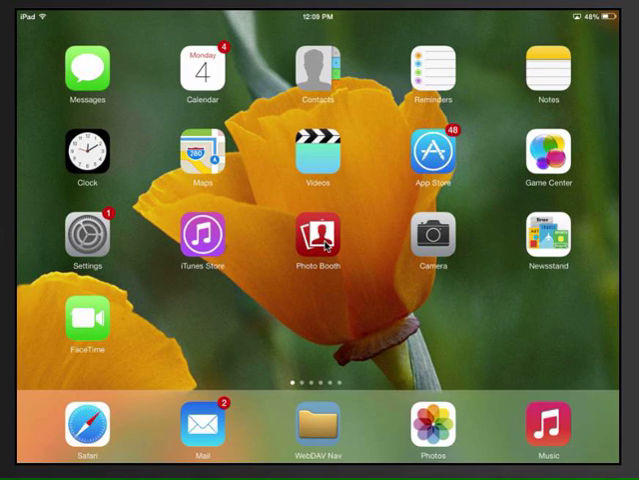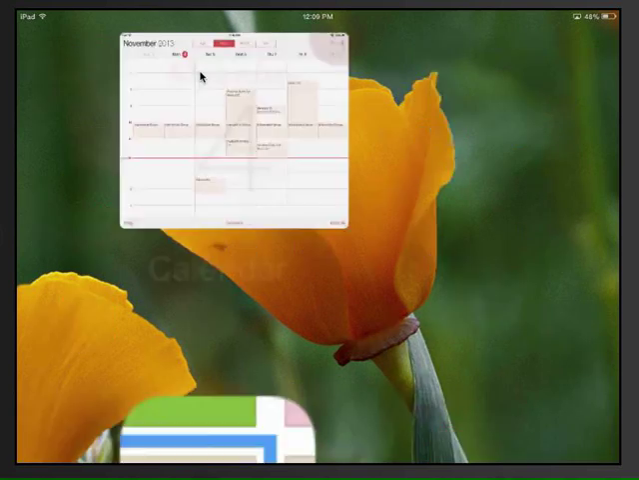Hi everyone, today I'm going to show you a very quick tutorial on how to add or reserve things using our iPad calendar. So if you'll come up here on your iPad and click your calendar to open it up,